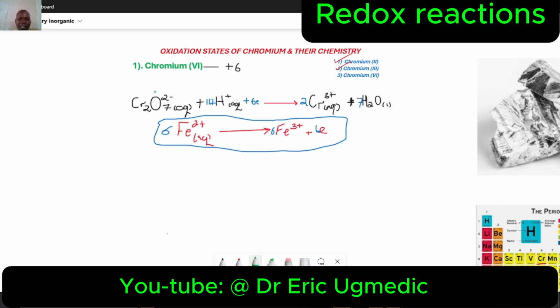So what will be the color changes in case we have dichromate involved? This is an orange solution, and these are green in solution. So this will be a green solution. So whenever you have the dichromate reacting with maybe something else whose color does not fully cover the orange and green, these will be the color changes. So you have orange turning to green, and that will be the reaction. Then